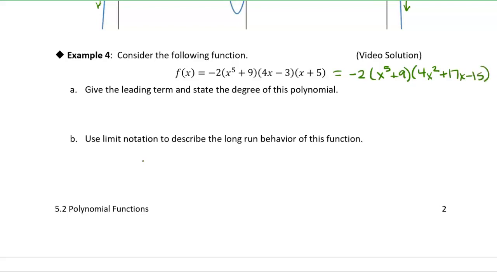And then I would have to take this next binomial and distribute it across each one of these terms. Again, all I care about is the leading coefficient. So a tip is just to take the leading coefficients of each one of these factors and multiply them together, and also include this constant out front. All right, so the leading term